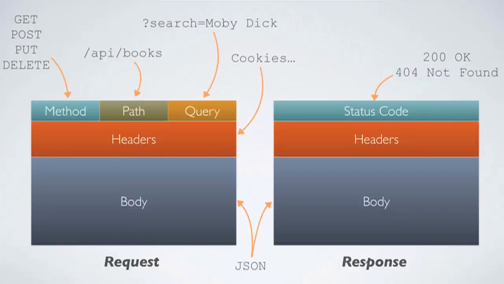Additional parameters can also be sent in the headers, which we typically use for cookies and content type negotiation between the client and the server. And then there's the body of the request, which in our case would be an object serialized in JSON. And then the response comes back with a status code indicating whether the request was successful or if there was an error, and also headers and a body. So in the presentation, we'll go through each of these later on.